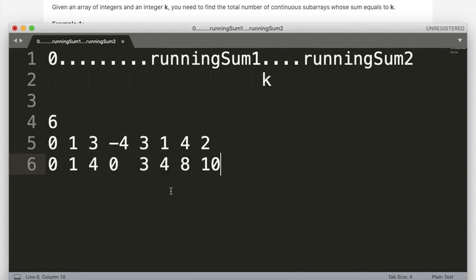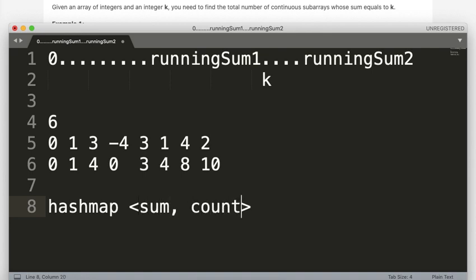Say here at every stage I am seeing if I have this running sum minus k. So how I will do is I'll have a hash map, which has running sums, sum and count. So at every stage I'll update this with a sum and how many times I got this. So why do we need this?